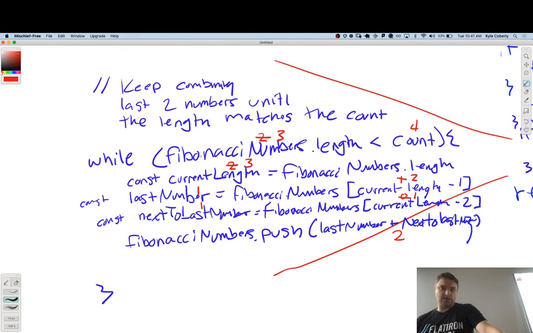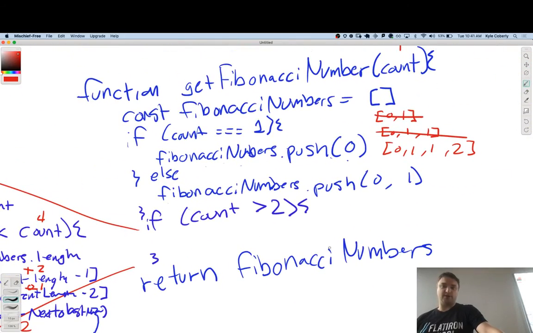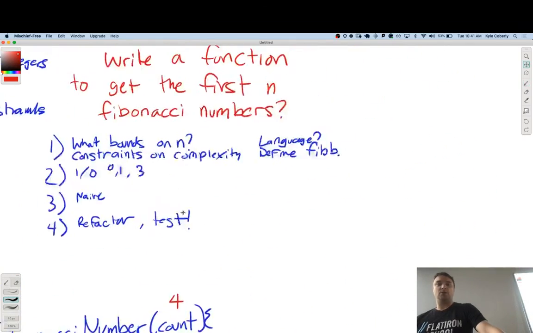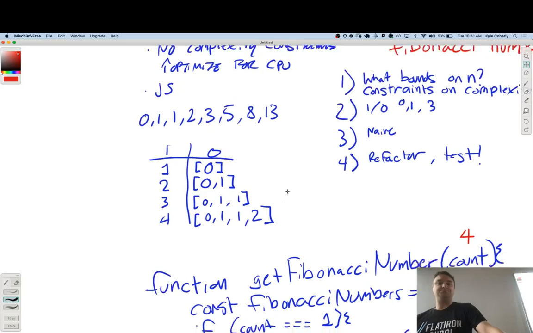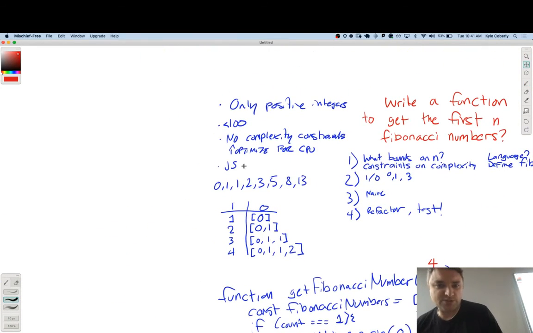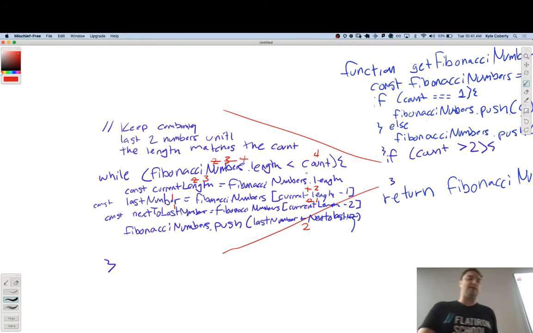Does the test again. The length is now 4. 4 is not less than 4. So we go back over here and we return this array, which so happens to be that. So that's my naive solution for this. I was supposed to optimize for CPU. So something that I was considering with this is